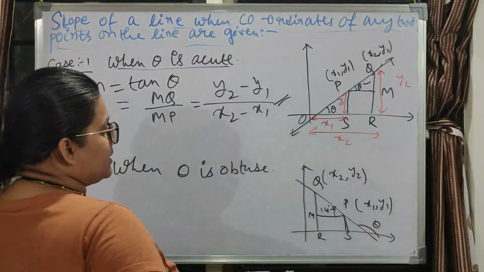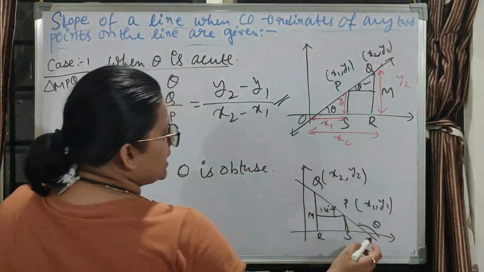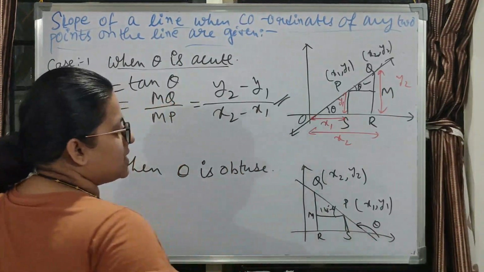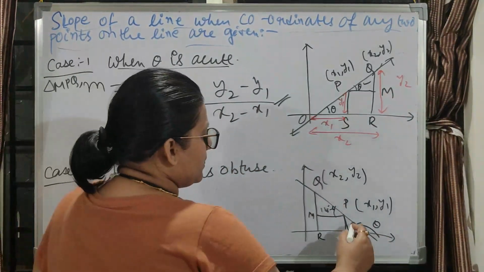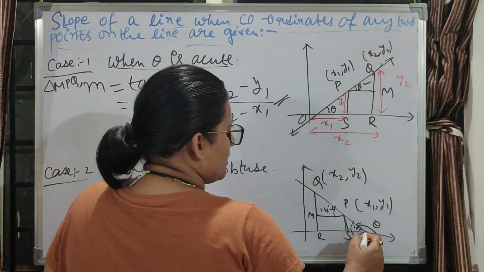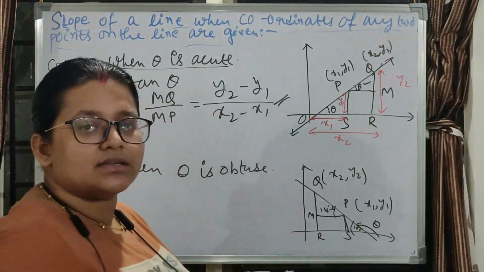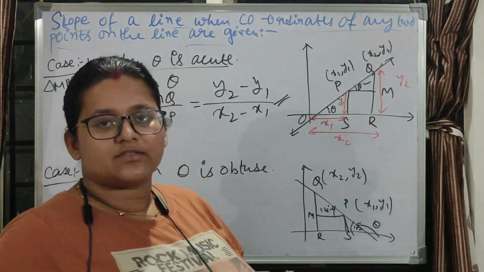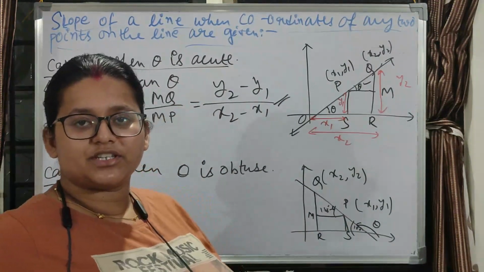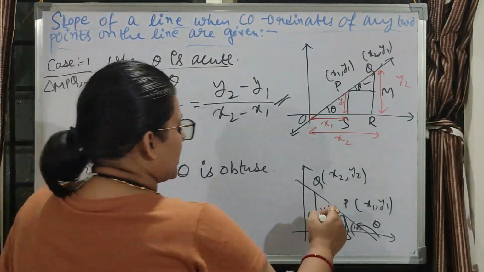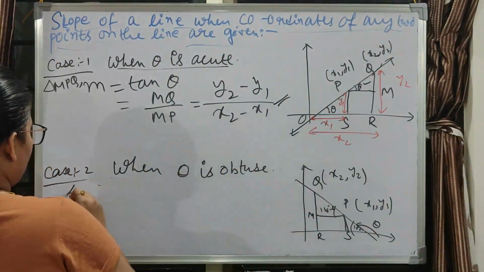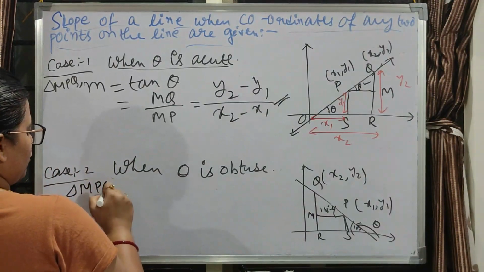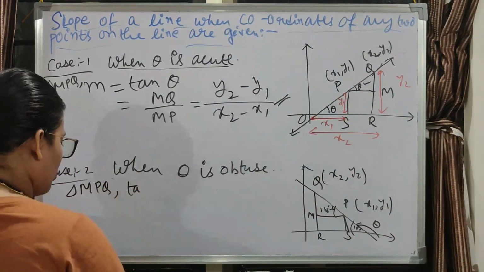Now we'll see it for an obtuse angle. Obtuse angle means this angle is provided, that is theta. So this one will be 180 minus theta. This one also will be 180 minus theta. From our transversal and parallel lines properties, we can say. So again we'll consider triangle MPQ. So here slope equals to